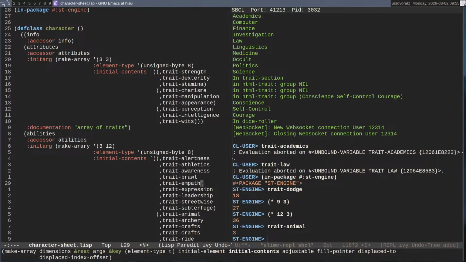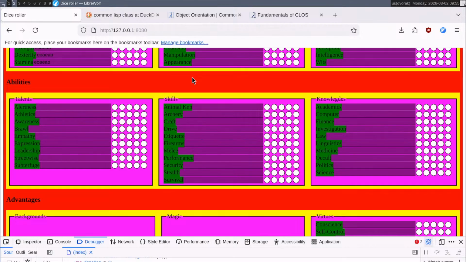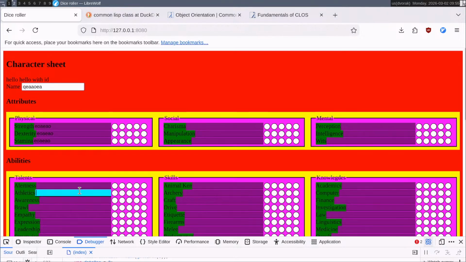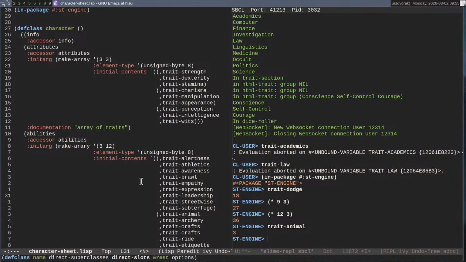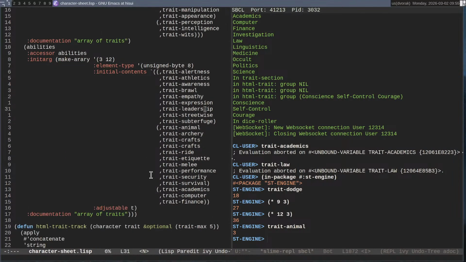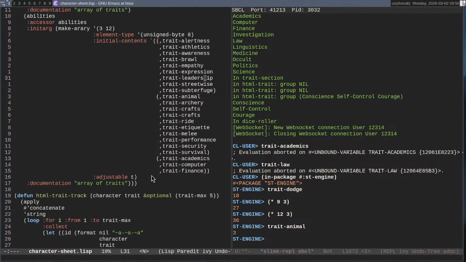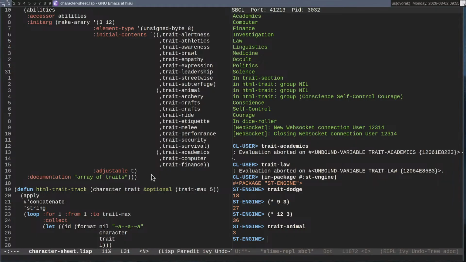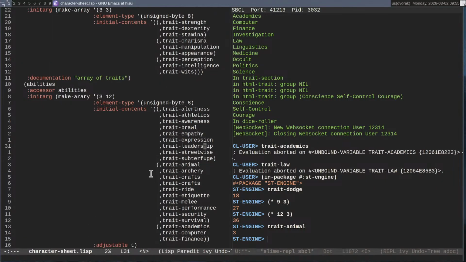Now, the next question is talents or all traits can have specializations. So, where do I store those? How do I store those?